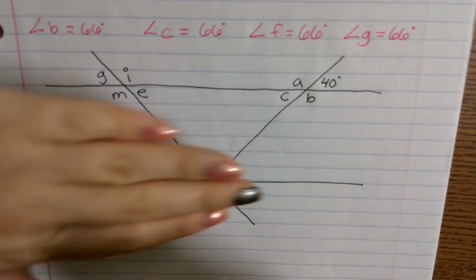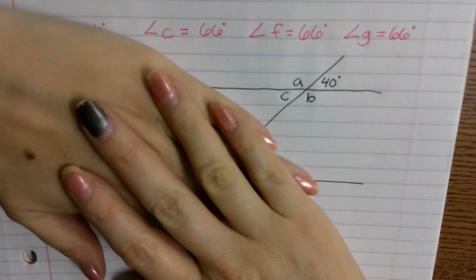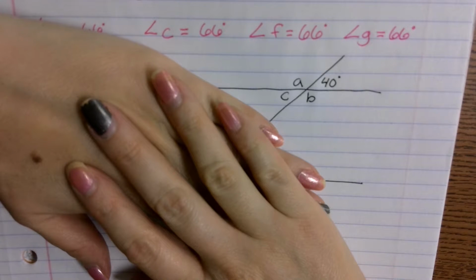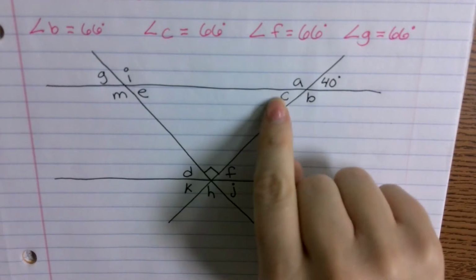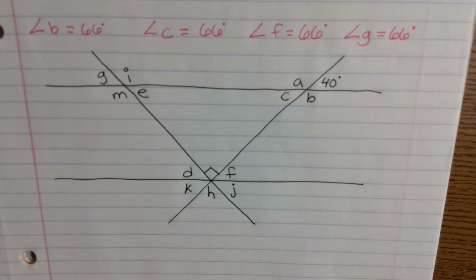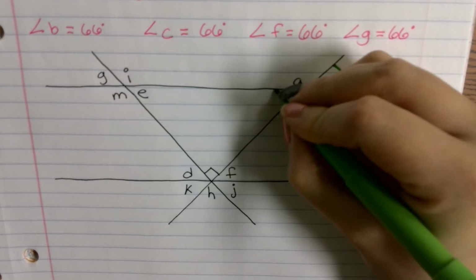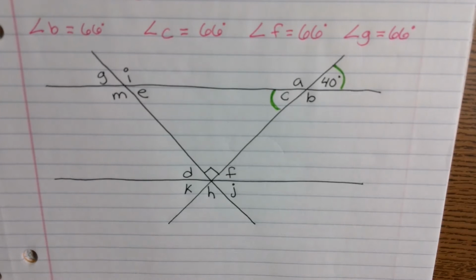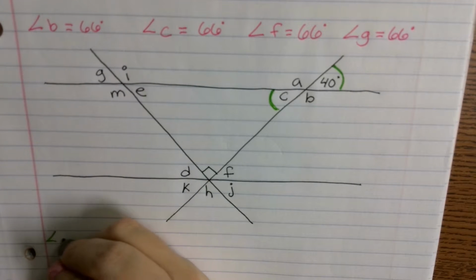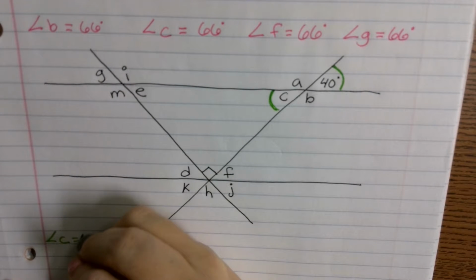What's the first thing, if I cover all of this up and I just look at this, what's the very first thing I can tell without doing any kind of math? Seja? Very good. C happens to be vertical with 40, so therefore C is equal to 40. So let's go ahead and write that one down. So this measurement right here we know is 40. That means C is also going to be 40. So I'm going to write that. That angle C equals 40